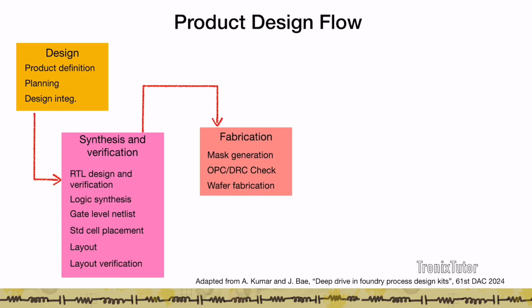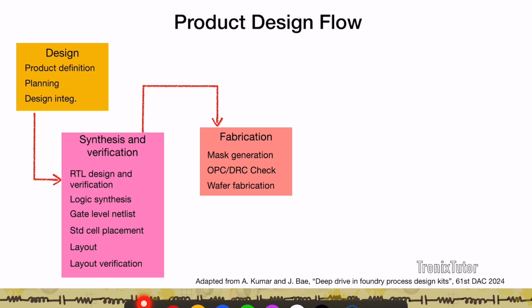Now, once this design is completed with its pre-checks, it then goes into the fabrication phase. So the design, the layout, are then converted into masks. That happens through what is known as mask generation. And prior to mask generation, two important steps happen. One is known as an OPC, or optical proximity correction, and the other is a DRC, or a design